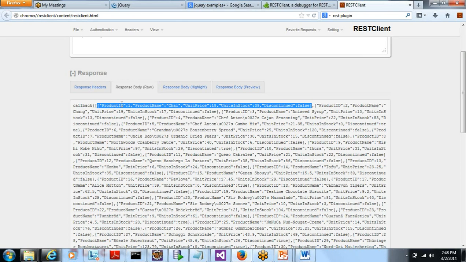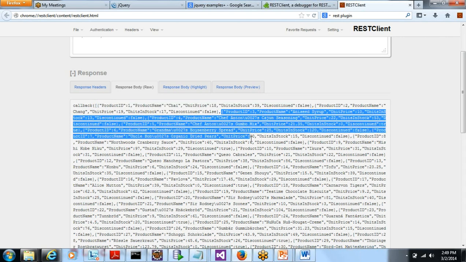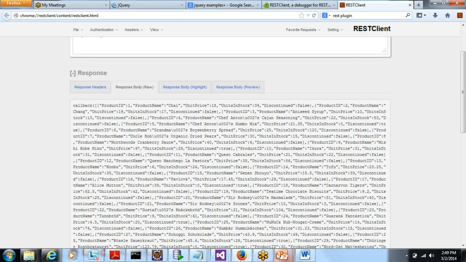I have these key value pairs: product name is chai, unit price is 18, units in stock is 39. If I look at the second record, product ID is 2, product name is chang, unit price 19, stock 17. So for each and every object, they have written this data back in JSON format. Using